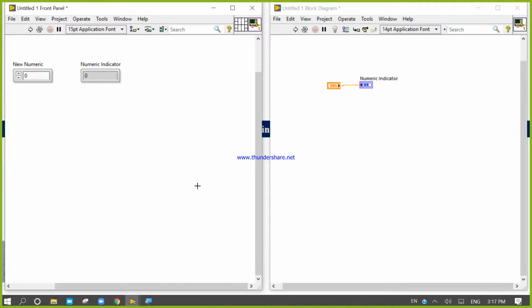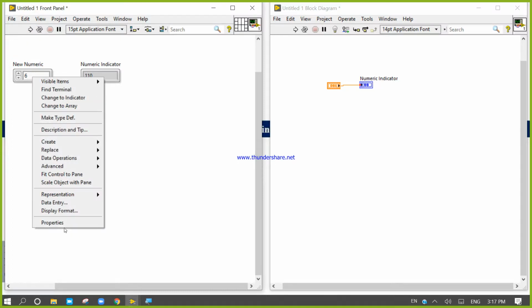Now if it is binary and I run it, for 1 it's 1, for 2 it's 10, for 3 it's 11, 4 is 100, 5 is 101, and so on. Look here, now it shows us the values in the form of binary. I don't know what happened to my cursor and why it's very slow here.